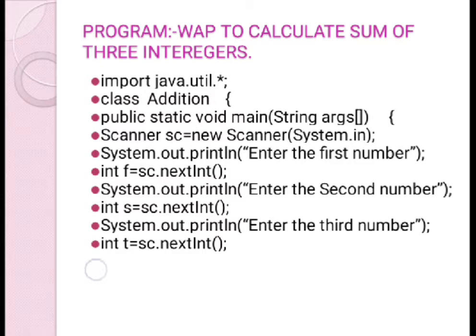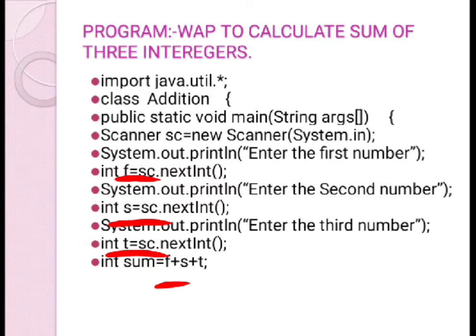After that, what is the important thing over here? This is your third number. You have to write a Java expression for the addition of three numbers. So how are you going to write it? Like int sum = f + s + t. We will write only the variable names. You can't write first, second, third, because you have taken the variables f, then s and then t.